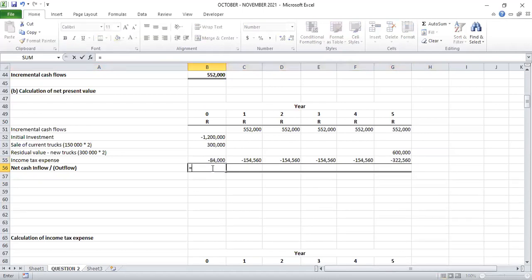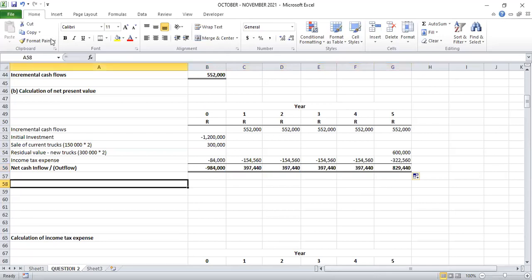Right, we get, right, then we'll get our